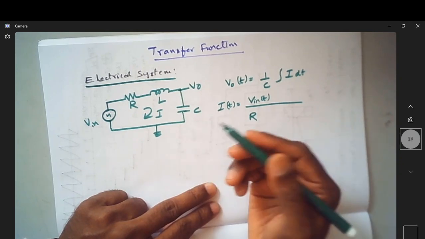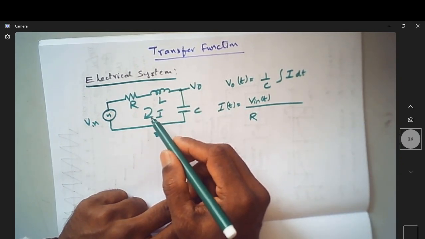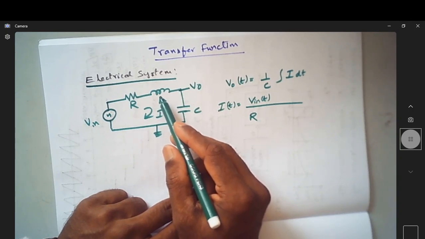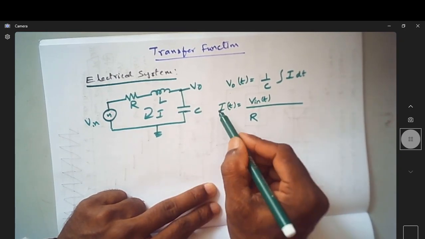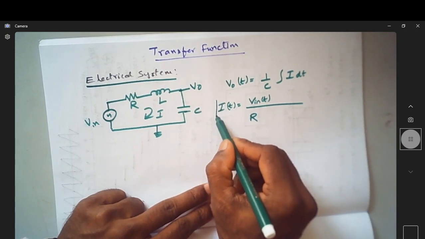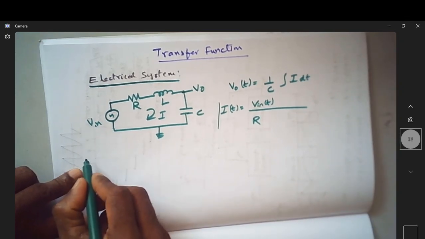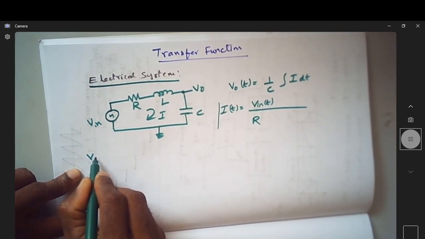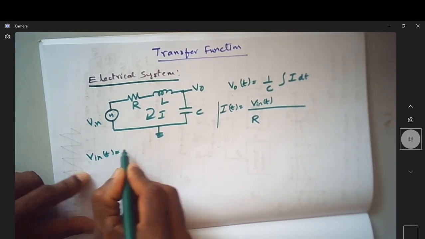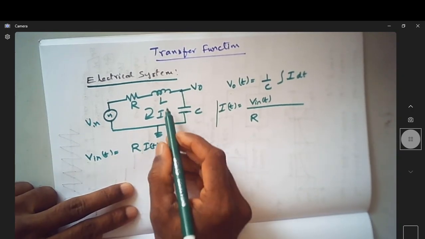Now I can write the inductance. Of course this inductor is offering some impedance, and this capacitor is also offering some impedance. So before I complete this, let us write a KVL for this. If I write the KVL, V in of t is nothing but R into I of t plus